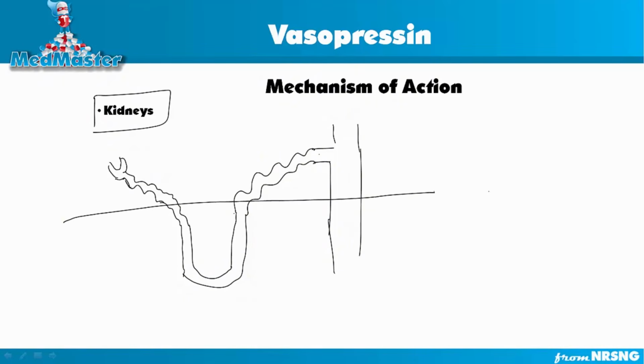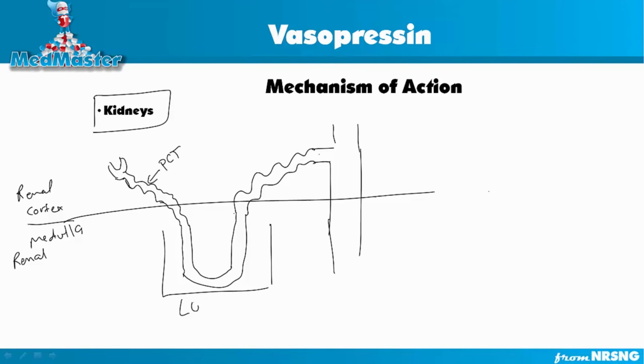Now this is divided in two parts. This part is the cortex, this part is the medulla, like a renal cortex and a renal medulla. So let's say this is the proximal convoluted tubule, this whole part is the loop of Henle, this is the distal convoluted tubule. Now we are interested in this portion, which is the collecting